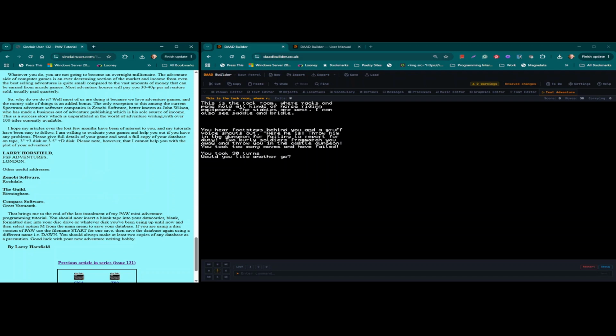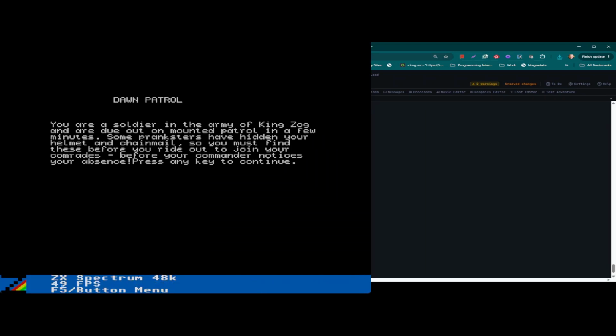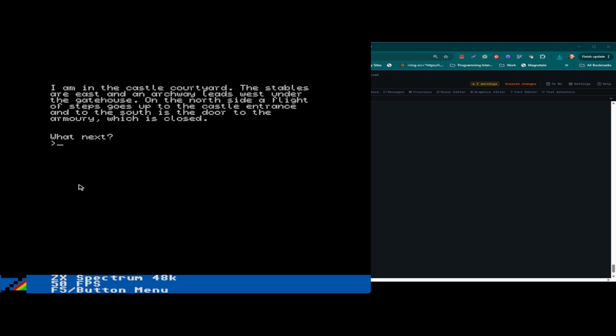So I think that's it for this game. Let's just have one more go at exporting this and building it in DAAD Ready and check it all runs correctly. So here we are on the game now. Probably should have corrected this as well to be on a new line, but I'm not going to worry about that now. So we're in the castle courtyard, stables to the east, archway leads to the west, so we go